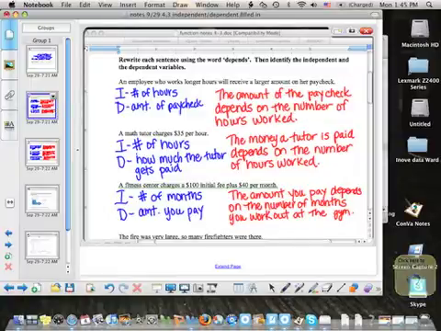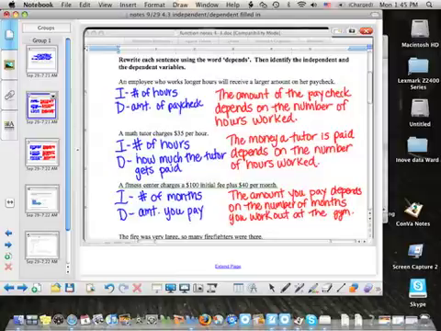So basically what you're going to do each time you read a sentence is identify the independent and dependent variable, and then once you do those, you can create a depend statement. When we took notes initially for this unit, we gave some hint notes, and the hint notes that we used for this section was Y